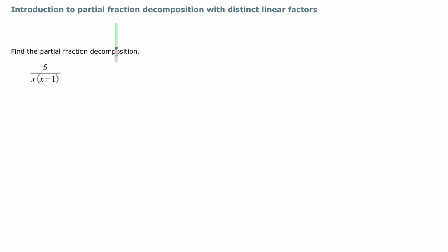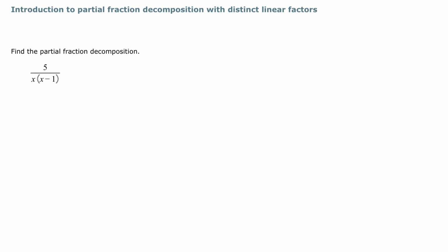An introduction to partial fraction decomposition with distinct linear factors. What are we going to do here? Well, you want to decompose the fraction so that you get unlike denominators. It's like completely doing things backwards. You remember how your teachers told you how to add fractions? You find common denominators. Well, now we start with a denominator and we want to break it up into fractions